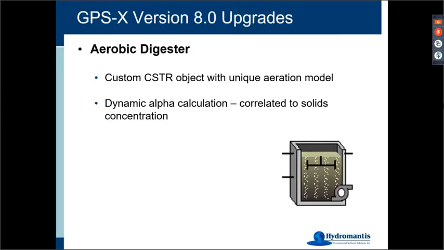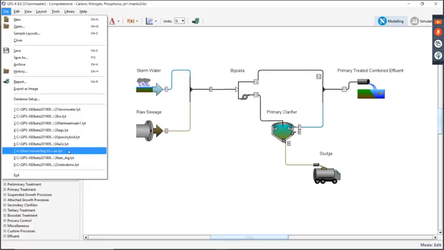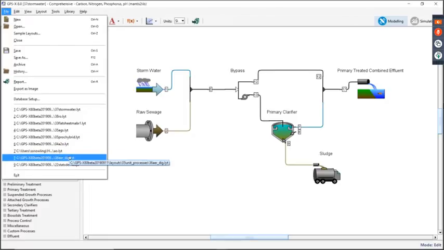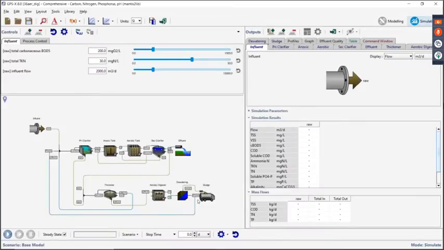opportunity to work with a slightly new and updated alpha value for the diffused aeration that is actually a model. Normally we set alpha as a constant in our models, but here we were able to correlate it to the solids concentration, and that really works well. We had a couple of really good papers on that, where we found nice correlations that showed how alpha decreases with increasing solids content in that digester.